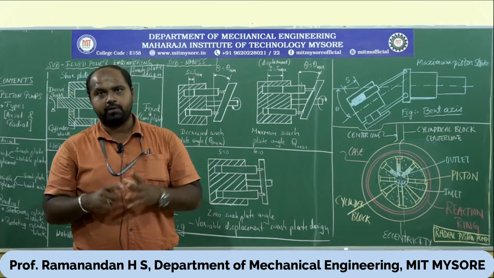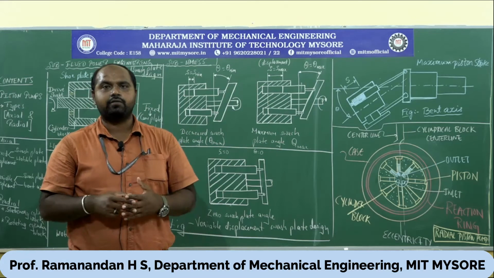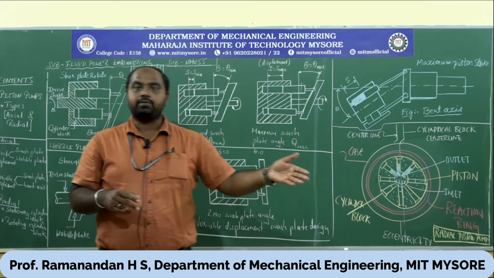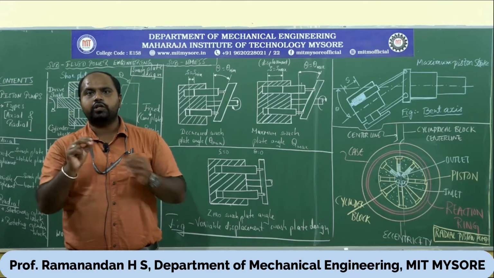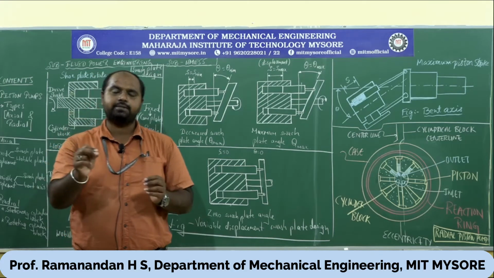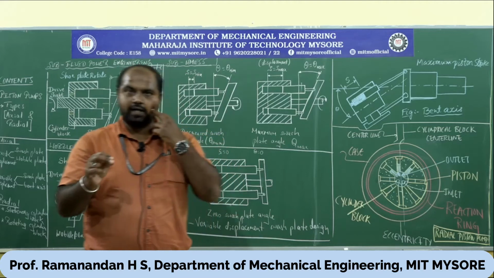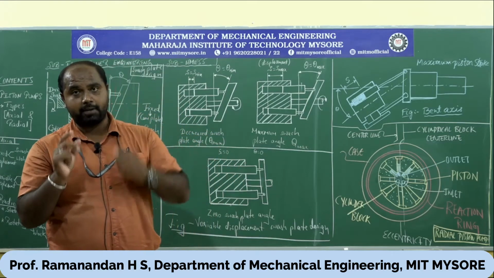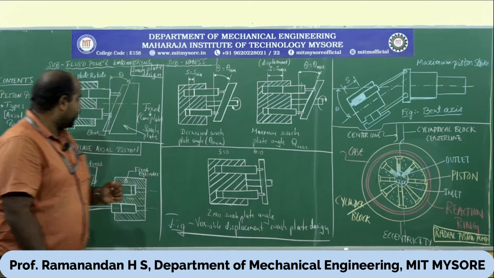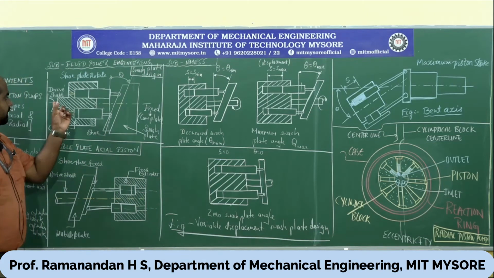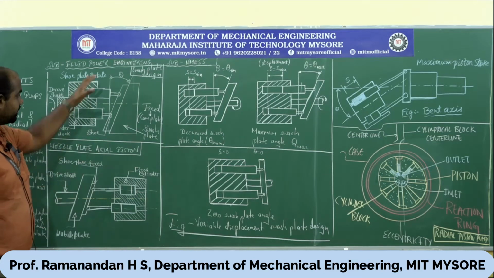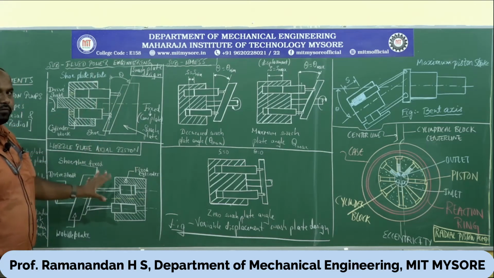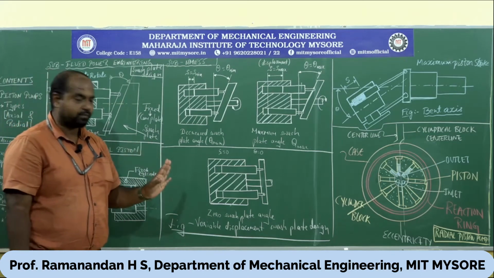You should know them by name, because there is one more case that comes under variable displacement also. We have a swash plate there again, so don't get confused. This is a fixed displacement swash plate axial piston pump. I hope this concept has reached you sufficiently. Coming to the next one, this is called an oval plate axial piston pump. These two are under fixed displacement only.